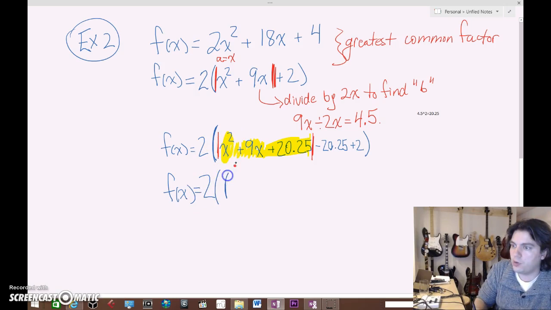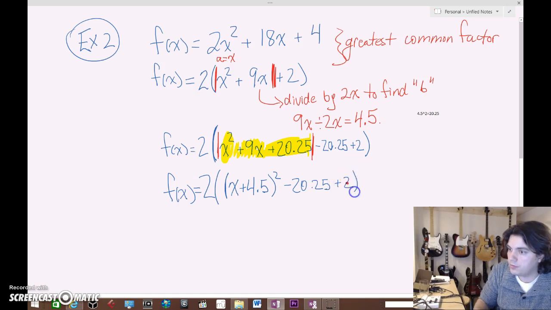And the first thing we're going to put is our perfect square. Well, remember that the a term is always x, and that in this case the b term, which we found by dividing 9x by 2x, is 4.5. And so we put x plus 4.5, and we square it. Now that covers all 3 of these terms, so none of these numbers need to be expressed because they're all inside of this perfect square. So now we just need to put these in. Minus 20.25